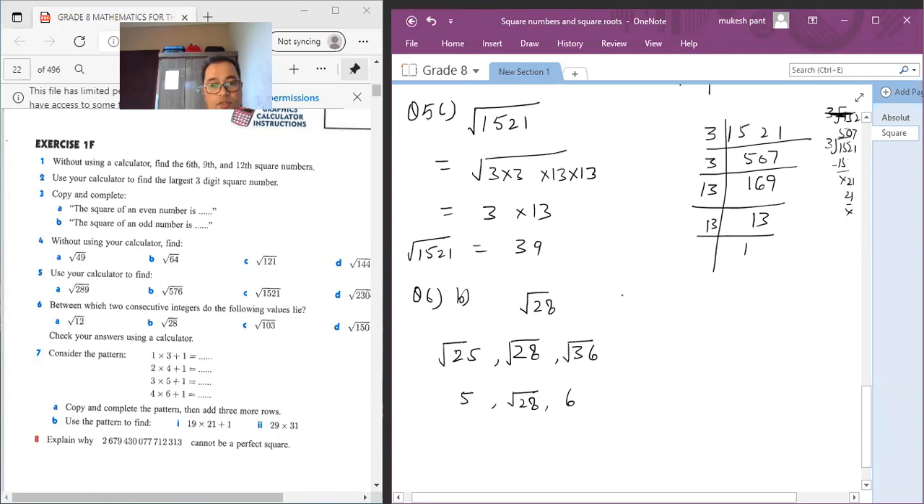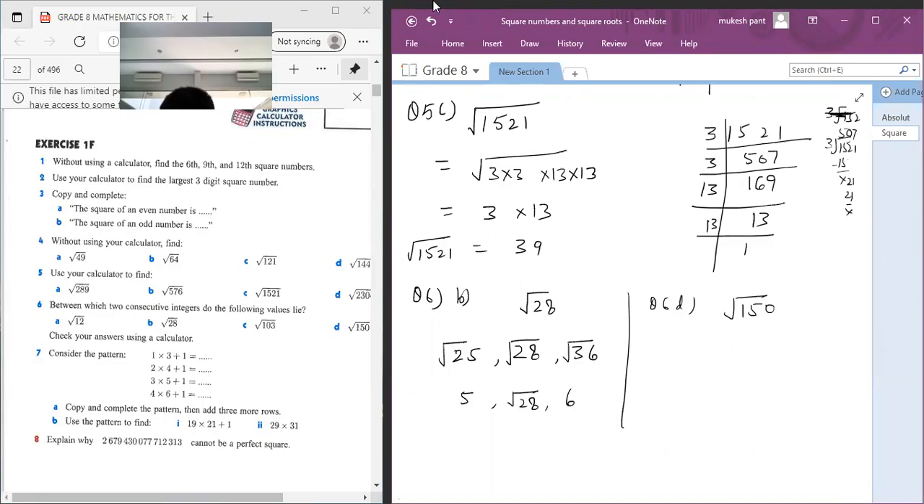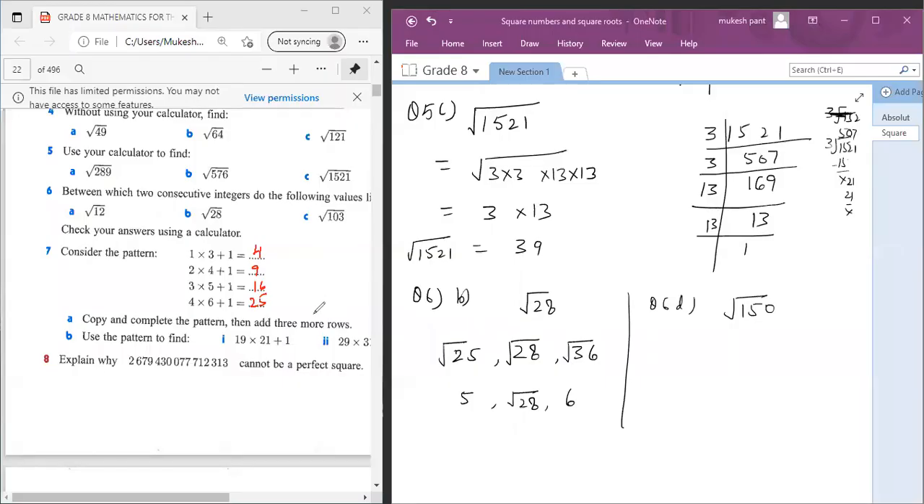And guys, you try this question number 6D. Try this, square root 150. Try this, 12 and 13. 12 perfect square. So this is 4. So how do we get 4? 1 times 3 plus 1. You can see these are the counting numbers, natural numbers, 1 and 2, then 3, then 4. After 2, 3, 4, 5, 6. So this is also a pattern to find out